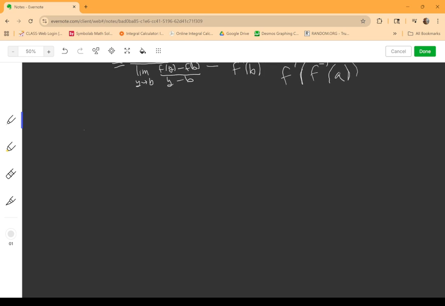So for an example, we let f of x equal the square root of x